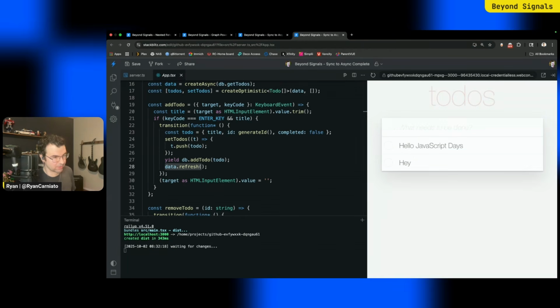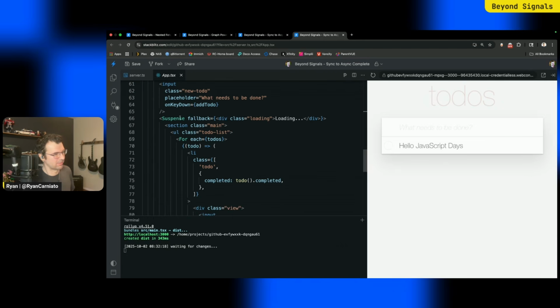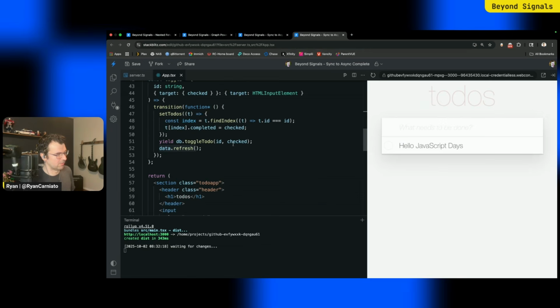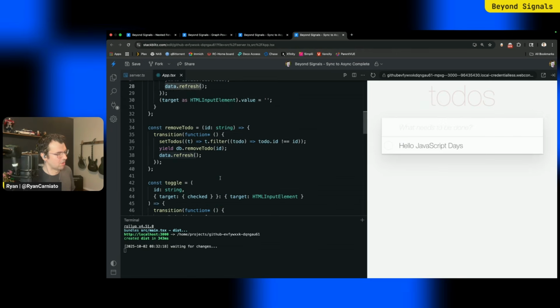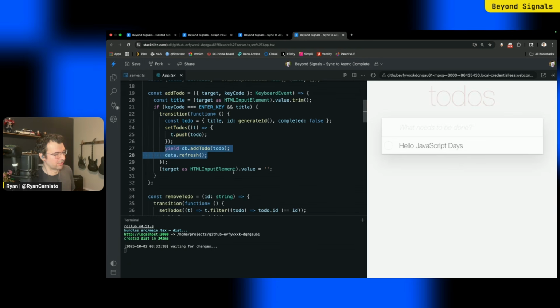We can say, hey, it shows up right away, and then it loads, and it also saved it too, because when I refresh in the background, you're going to see that it actually saved both of these. So we can essentially get immediate feedback and load our async. And we didn't have to actually change any of our logic here. I did add a suspense boundary just to show that initial loading state, but our logic in our component, the view template JSX, didn't change. Even our logic for how we updated the state in the client is the same logic to do optimistic updates. In fact, we just had to rename a primitive. And then we just add our async logic from the database, and everything just works.